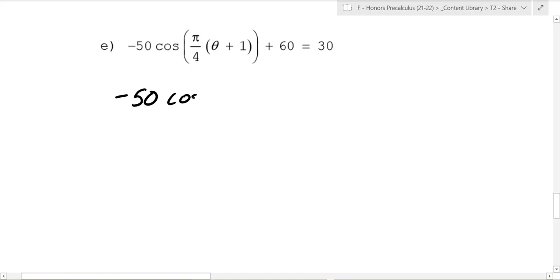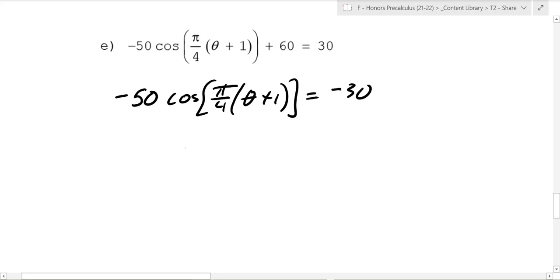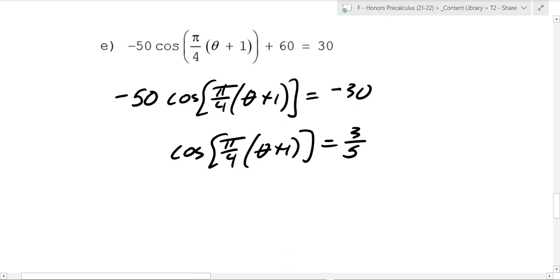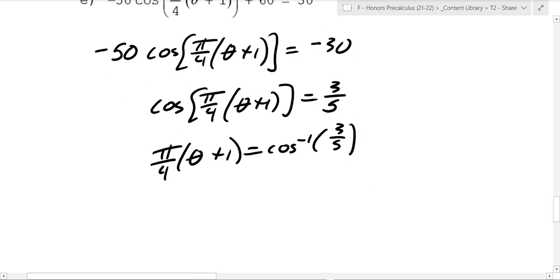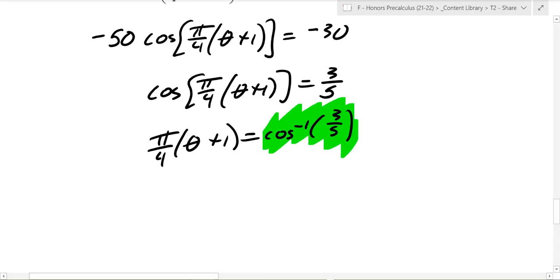So you get negative 50 cosine of pi over 4 times theta plus 1. We subtract 60, so we get negative 30. Now we divide by negative 50, so we get cosine of pi over 4 theta plus 1 equals 3/5. Use our calculator and you end up with pi over 4 theta plus 1 is equal to cosine inverse of 3/5. And when you use your calculator on this, and you're in radians, you're going to end up with pi over 4 times theta plus 1 is equal to